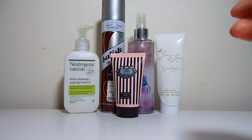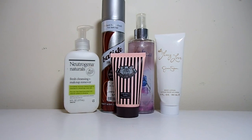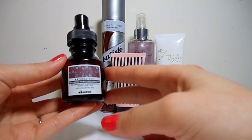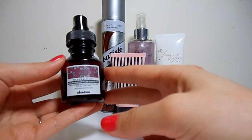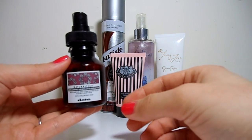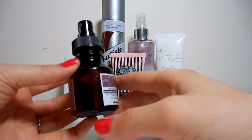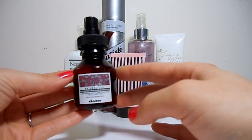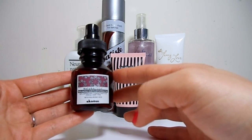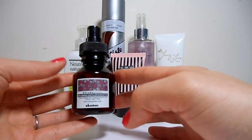Alright, next up, I have here this Natural Tech Replumping Hair Filler Super Active. This is this spray that you add to your hair after you wash it, or while it's still damp, or while it's still dry. I kind of use it all kinds of different ways. Didn't really notice much. I guess it's supposed to be volumizing, but